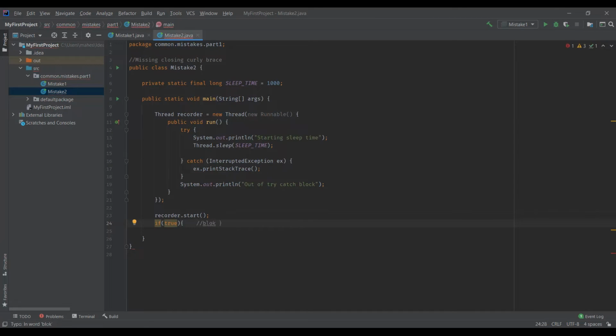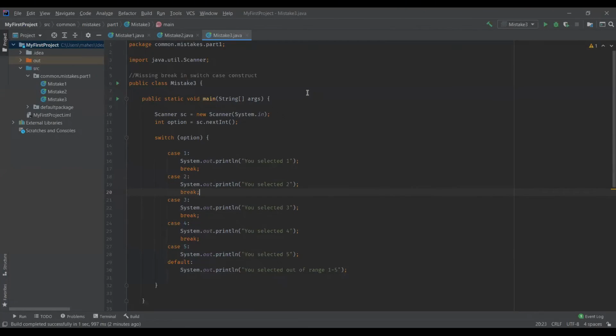And thanks to IDEs, you don't need to do this. Automatically, if you try to create any block of code, when you open the curly brace, it gives you the corresponding matching closing curly brace as well. See, this is how it does, unless you have this setting disabled in your preferences. The point to be noted here is whenever you are writing a block of code, add your closing curly brace when you are opening it.